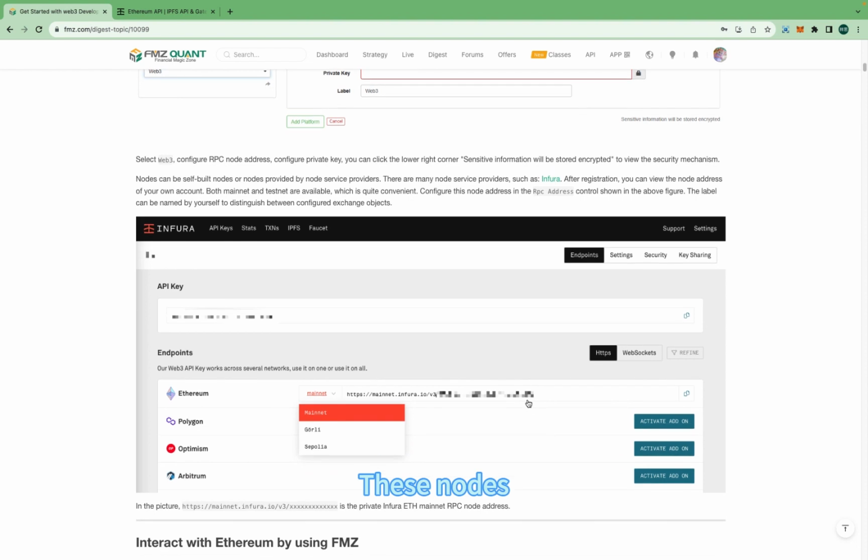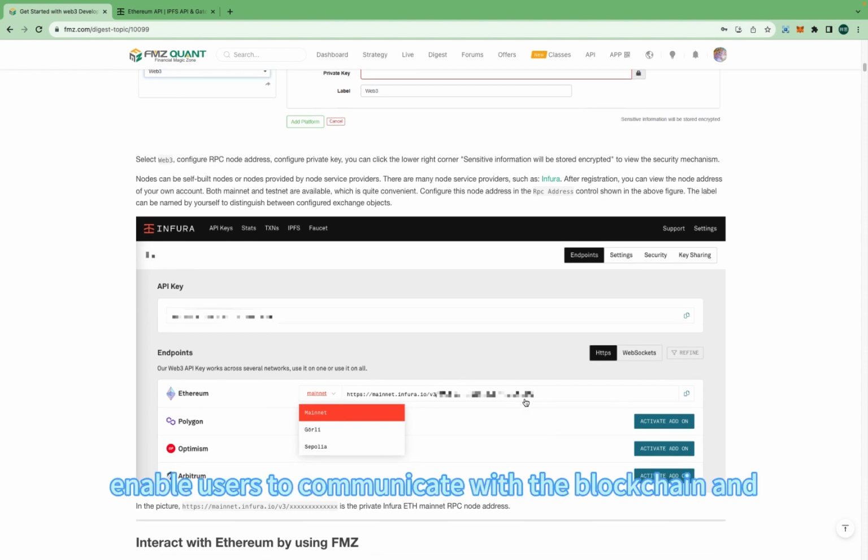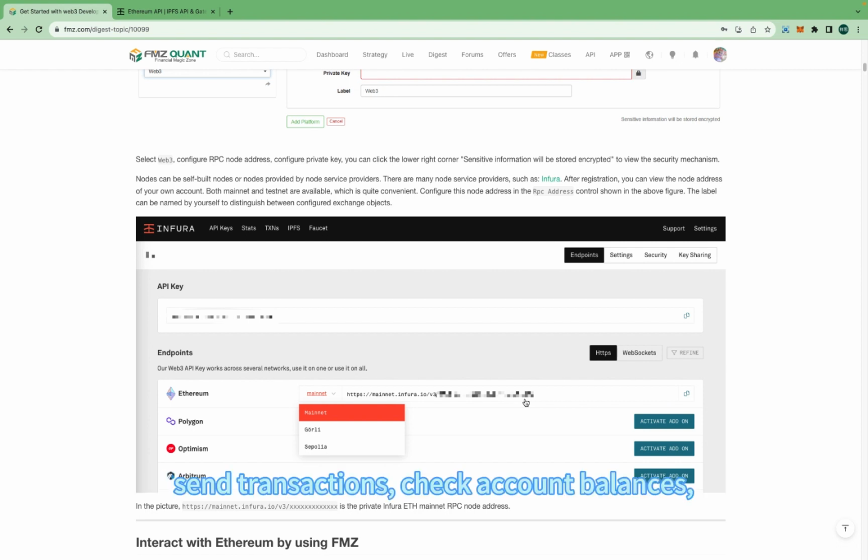These nodes enable users to communicate with the blockchain and send transactions, check account balances, query smart contracts, and retrieve other information related to the